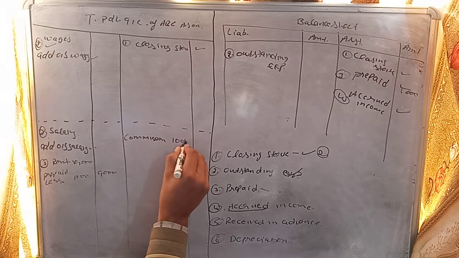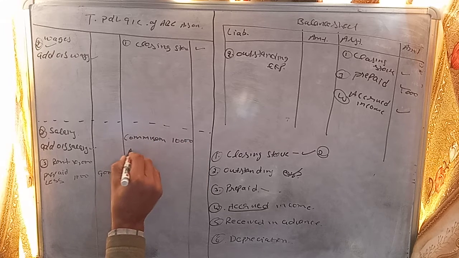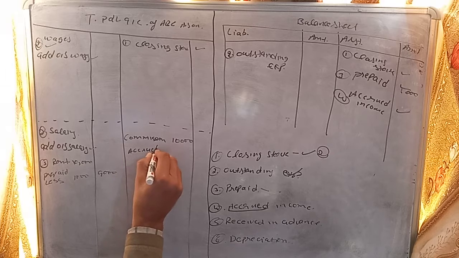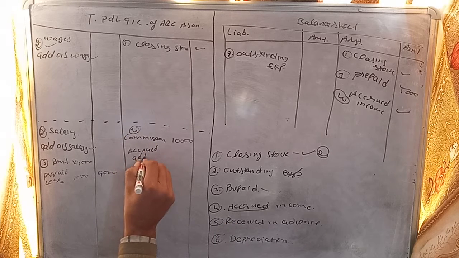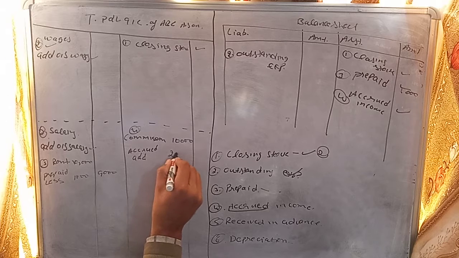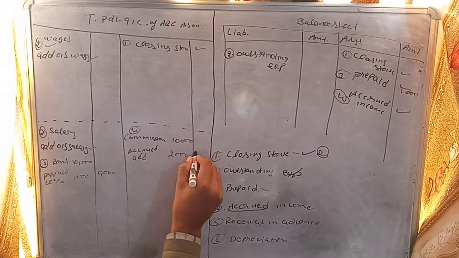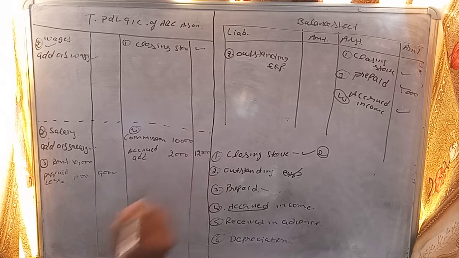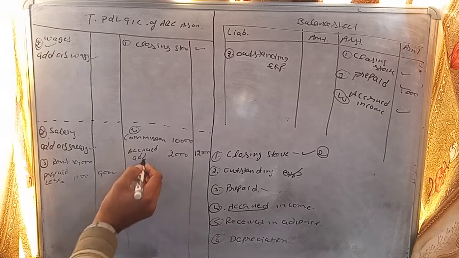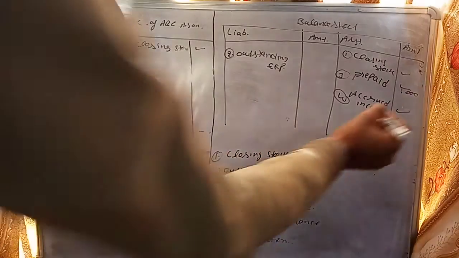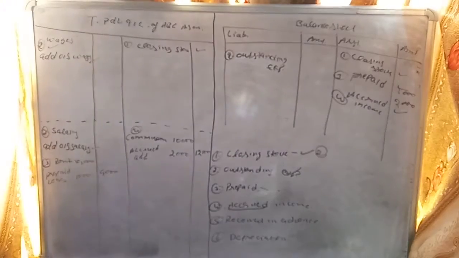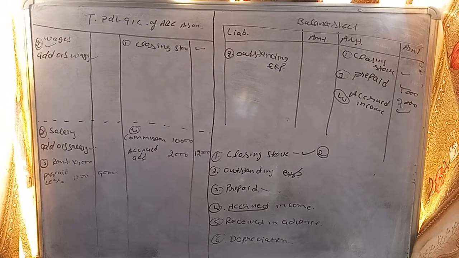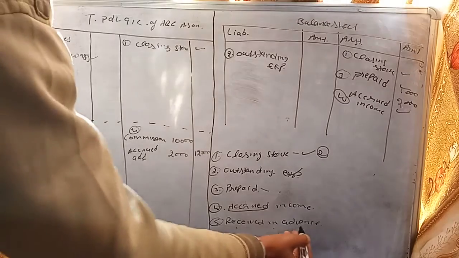10,000 and we have accrued commission given in the adjustment as the adjustment number 4. So we will add back accrued commission, like say 2,000. So we will add in the commission, so the amount will be 12,000. And if the accrued commission is 2,000, what we do, we will mention 2,000 on the asset side. Clear? Again, the next one, received in advance.